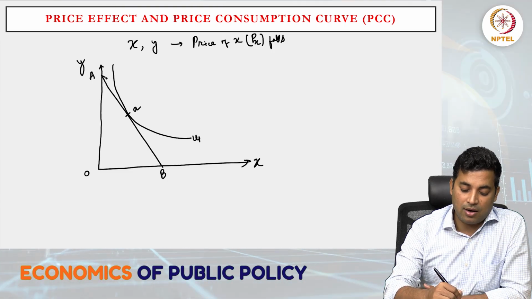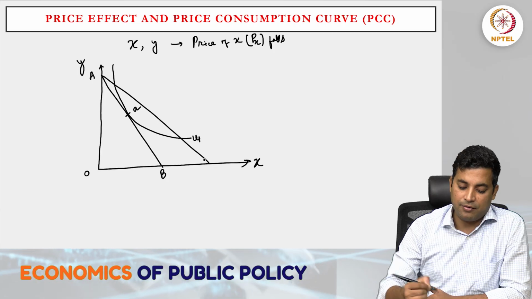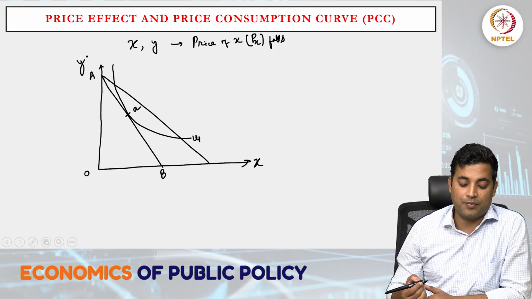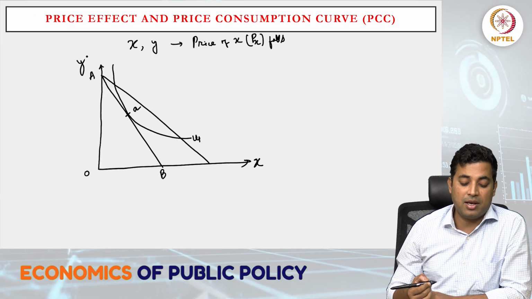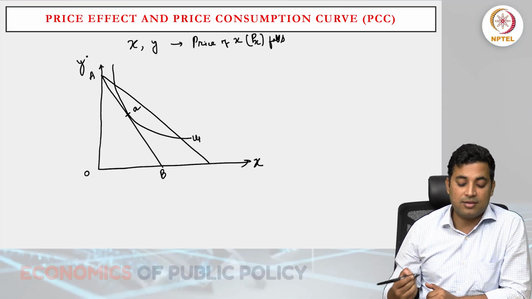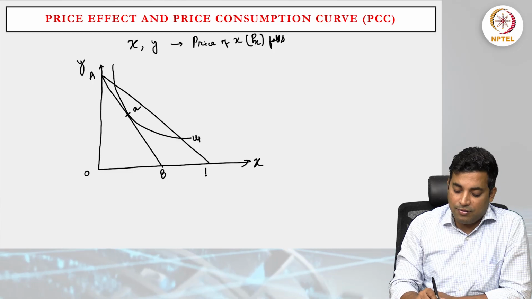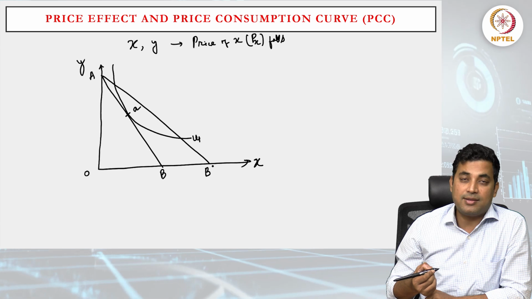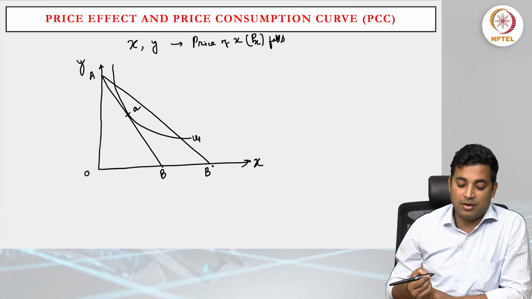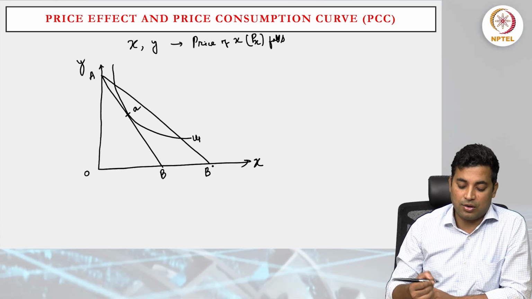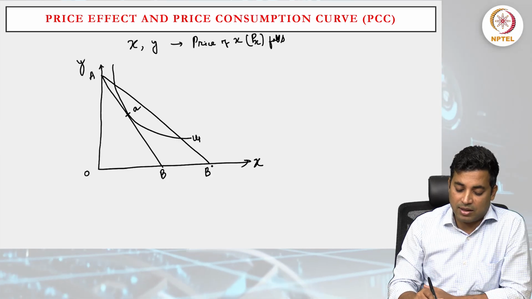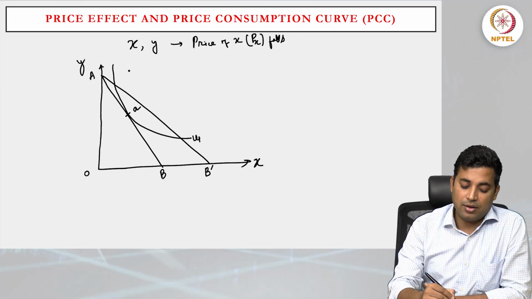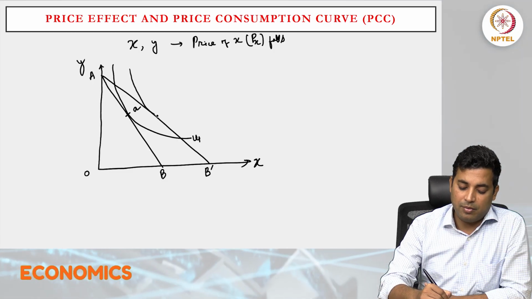Since the price of Y is not changing, because we are keeping all other things constant, only the price of X is sensitive, and it has the power to change the overall quantity demanded. So the new budget line is AB dash. Certainly people will consume more